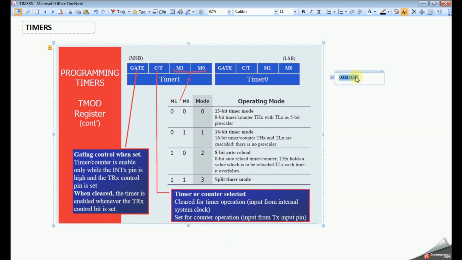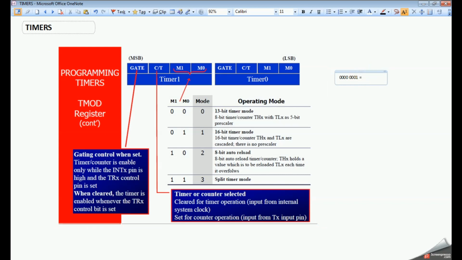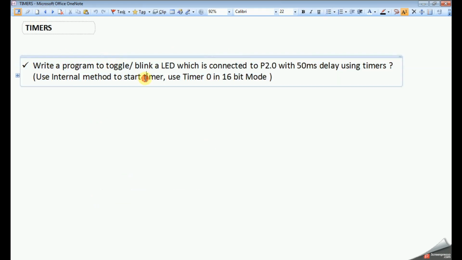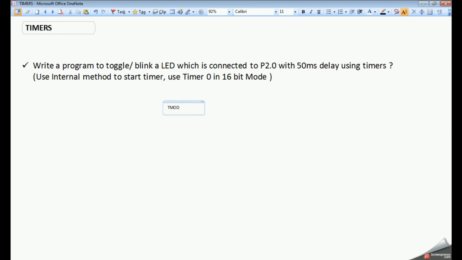So the TMOD value will be 0x01 for this application. Now that we have the TMOD value, 0x01, we need to calculate the TL0 value and TH0 value.